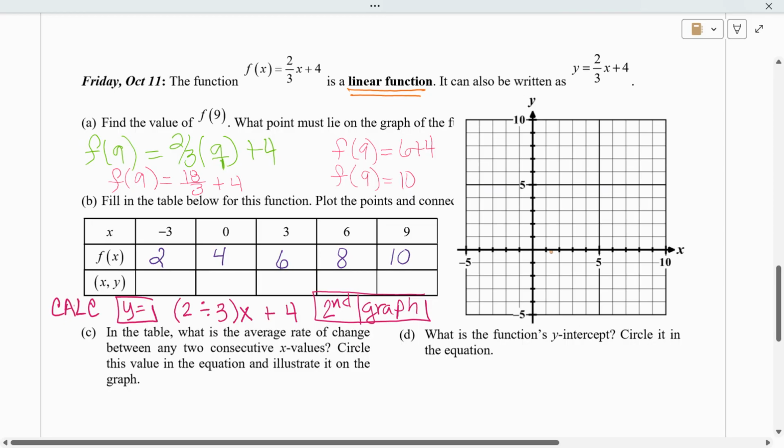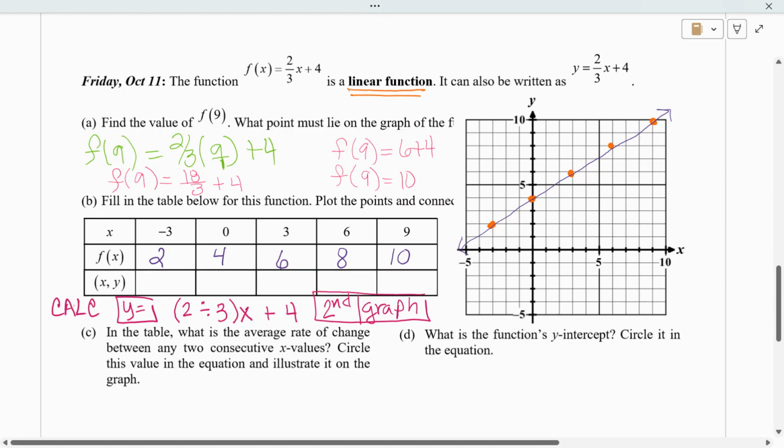So let's see, when x is -3, y is 2. When x is 0, I'm at 4. When x is 3, I'm at 6. When x is 6, I'm at 8. And when x is 9, I'm at 10. So when I connect my points with this nice, fabulously straight line,